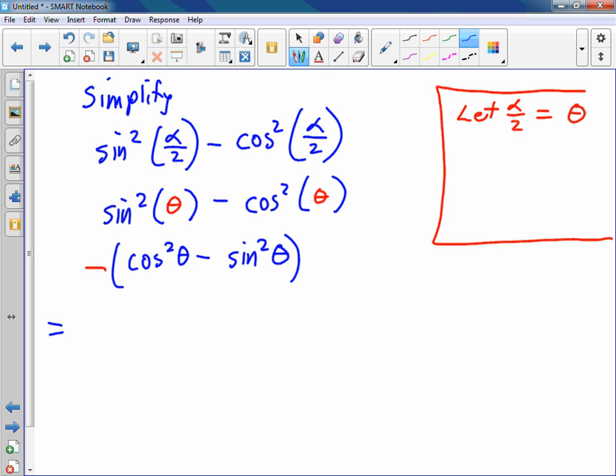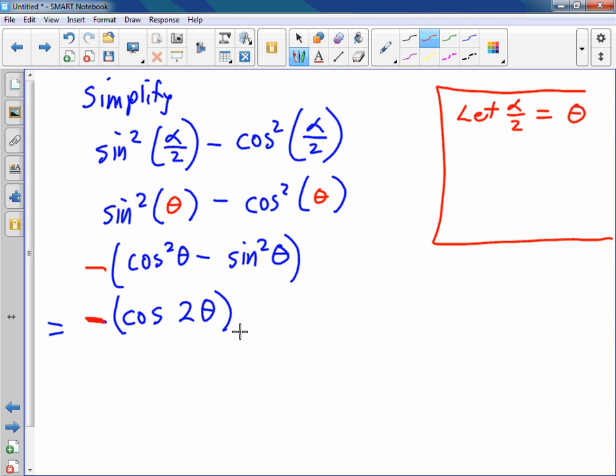And that equals, from your table, the opposite of cosine 2 theta. Notice, I could put these in parentheses maybe to help this look a little better. Don't forget it's the opposite of that. We did on the previous page in the warm-up, this whole part right here simply becomes cosine 2 theta,